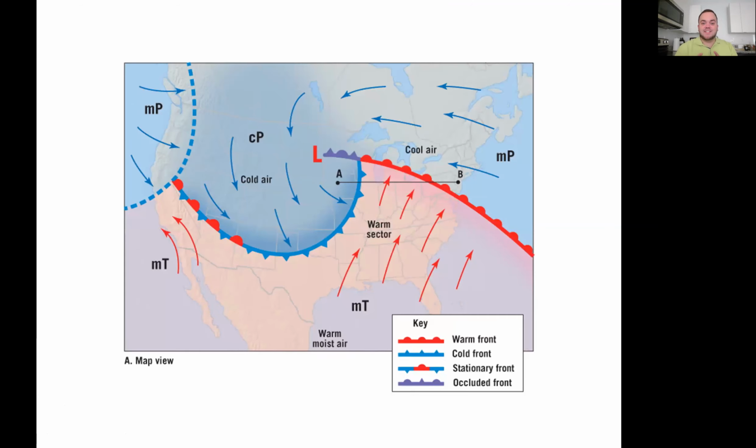I love this map here because it puts pretty much everything we've talked about up until this point together, and I really think it makes a whole lot of sense. It also puts together those notations of the different air masses that we looked at in the last video. So here we've got a system of warm fronts and stationary fronts and cold fronts, even an occluded front there over Minnesota, all associated with an area of low pressure, which is right near the border of South and North